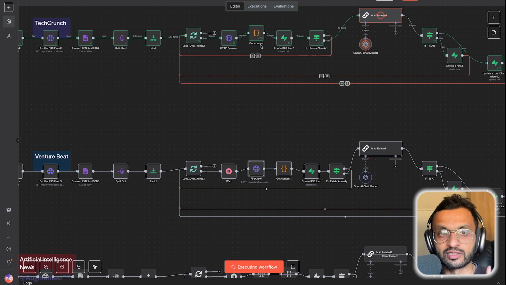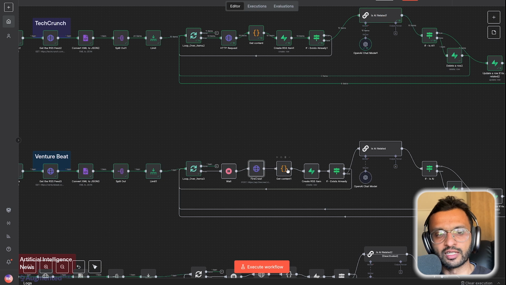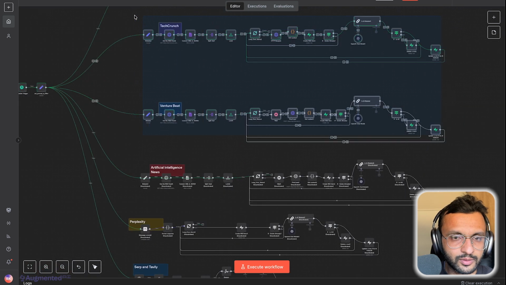I've got a separate code which is different from that code. Essentially what this code does is that it takes whatever we get from Firecrawl and converts it into a compatible format for our Supabase. So right now I'm going to disable both of these and we're going to enable the one from